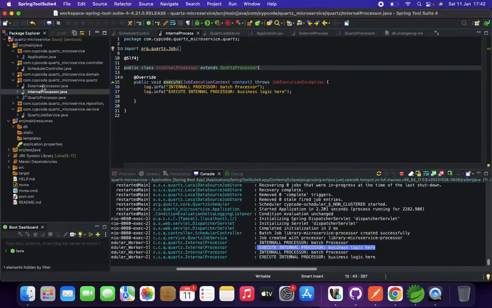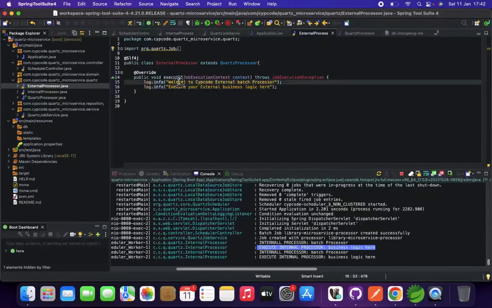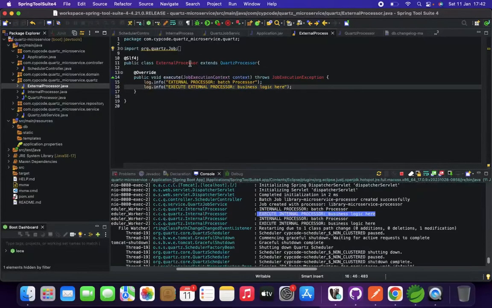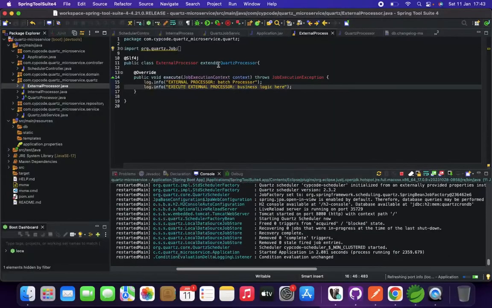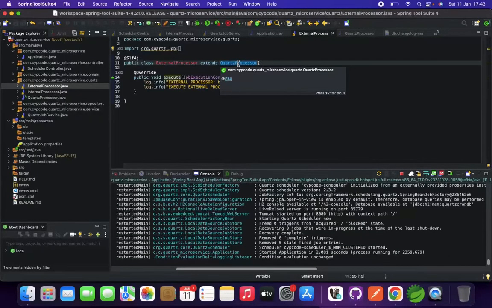And if we go to the external one, we can do the same thing over here and say external processor, and we go to the other log, and then we'll say execute external processor over here as well, business logic here. Then we'll save this class, and you will see that the external processor also extends the Quartz processor, which implements the job interface. And when you're creating a job, the job details, or creating